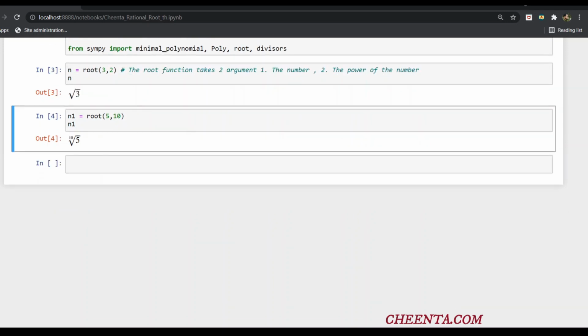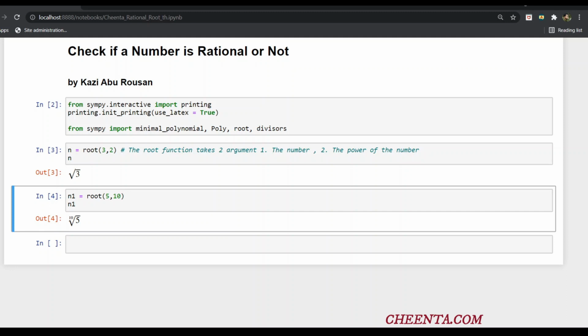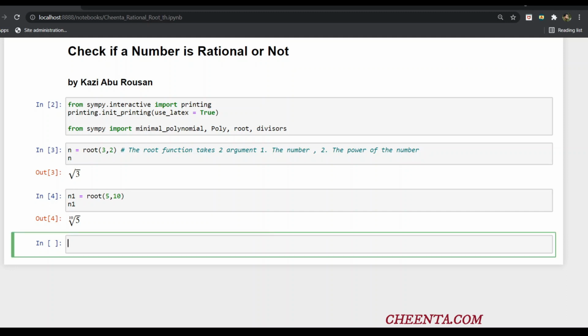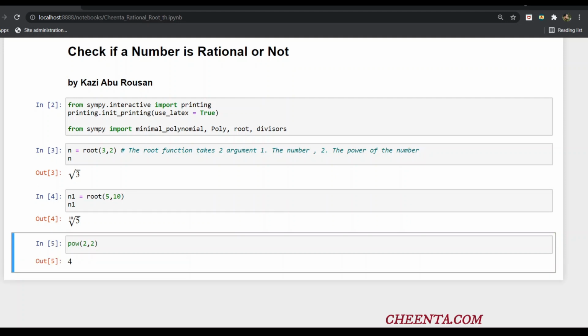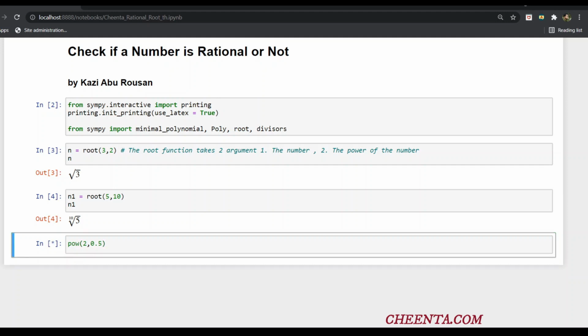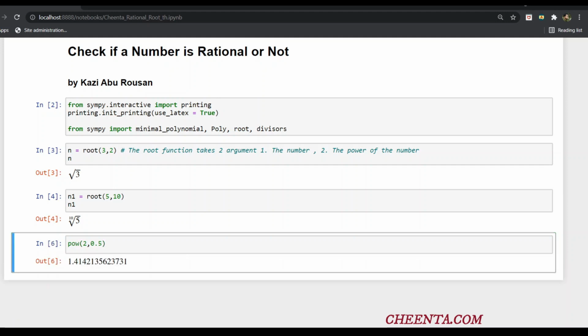Using this, you may think that we can actually use Python's pow function. The pow function also returns the exact same thing, like I can do 2 to the power 2 and it will give me the 4, and if I write 0.5 it will give me the value 1.44. But we can't use that because Python evaluates it, so sometimes it will act as a fraction, or rational number.